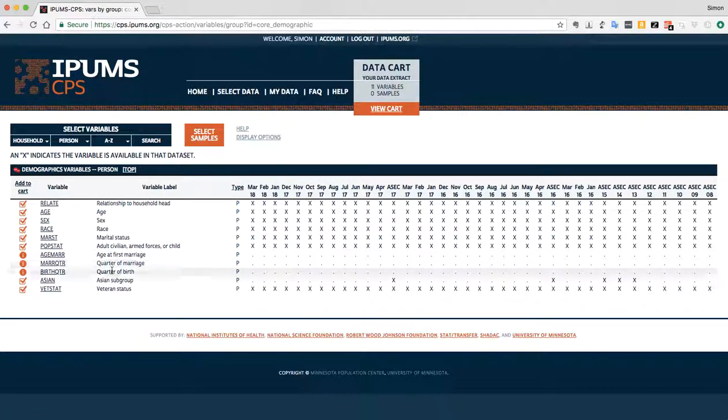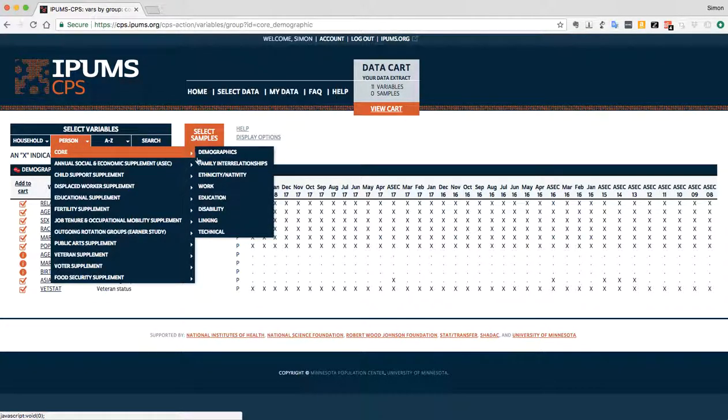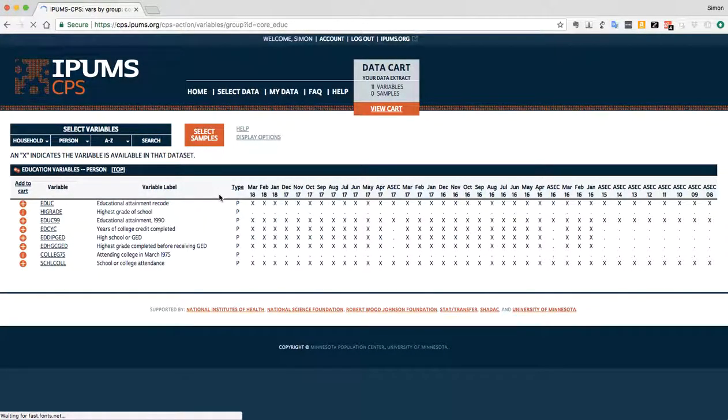Age of first marriage, quarter of marriage, and quarter of birth. I don't really worry too much about that. Okay, so notice then, having ticked all of those, I now have 11 variables in my sample. Now with person, I'm going to go core again. I want education, I click on education. Once more, just to make my life easier, I'm going to click on all of the potential variables here